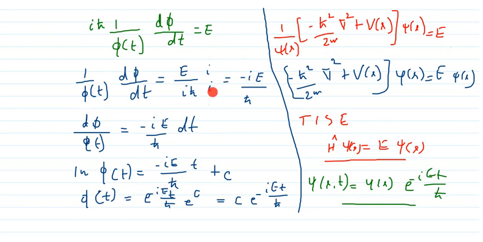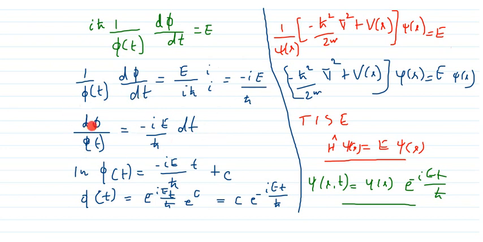So you have i square in the denominator, that means it will become minus. So minus iE by h cut. Now take phi of t, this is dt can be taken to the right hand side. You have d phi by dt, so dt can be taken to the right hand side, so we can